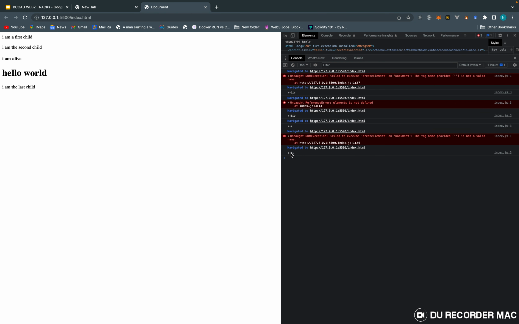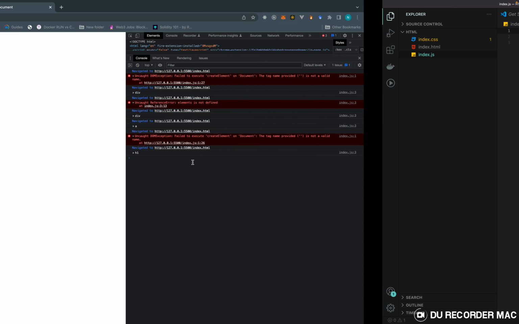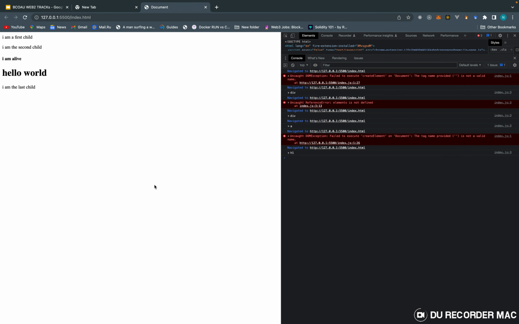So this is the h1 element I created. You get what I'm saying, right? You can create elements using JavaScript. When you create them, they are still in JavaScript. They've not been added to the DOM yet. I just used the DOM to create it. It's not like I added it to the DOM or anything. Now,